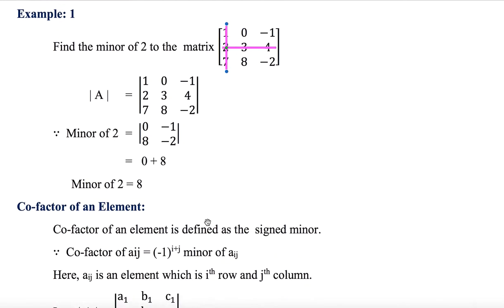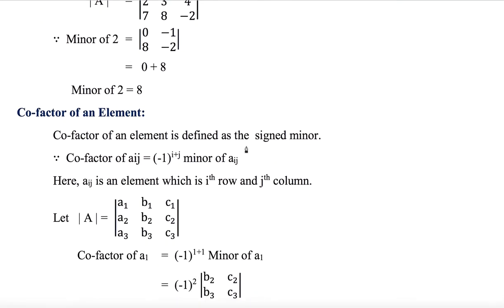That's good. What is a cofactor then? The cofactor of an element is defined as the signed minor. Cofactors are very useful in finding the determinants of square matrices of the order more than 2, that is 3 by 3, 4 by 4 and so on. Let's define what a cofactor is. The cofactor of aij, where i corresponds to the row number and j corresponds to the column number, is nothing but minus 1 whole power i plus j, into the minor of aij. You got the point, right?